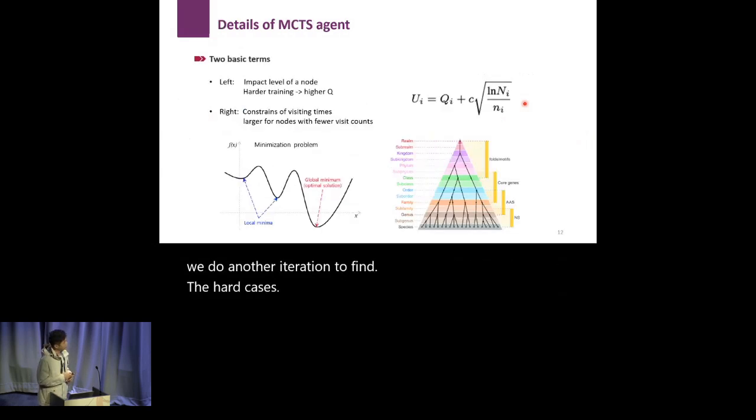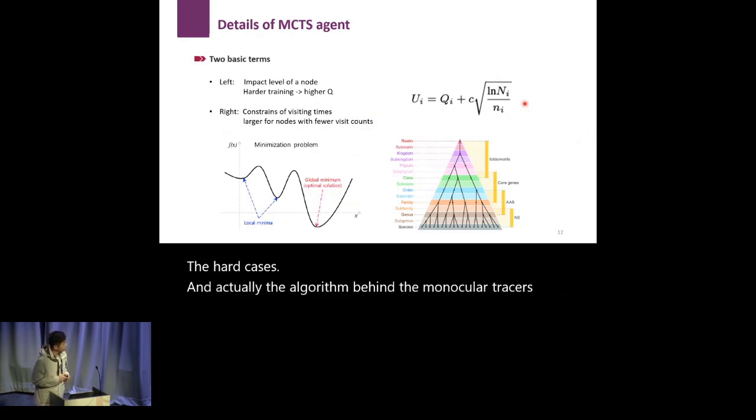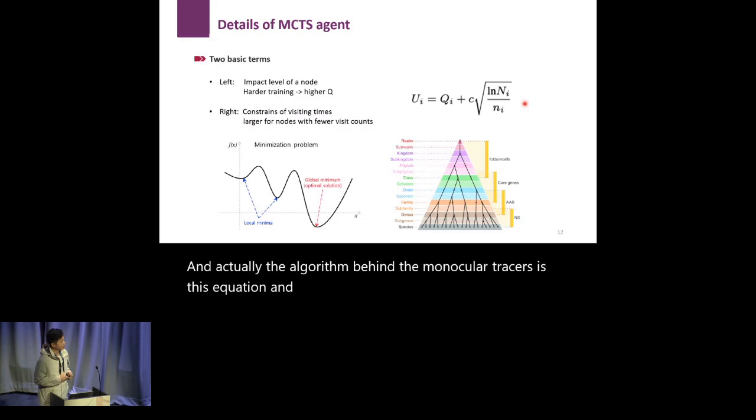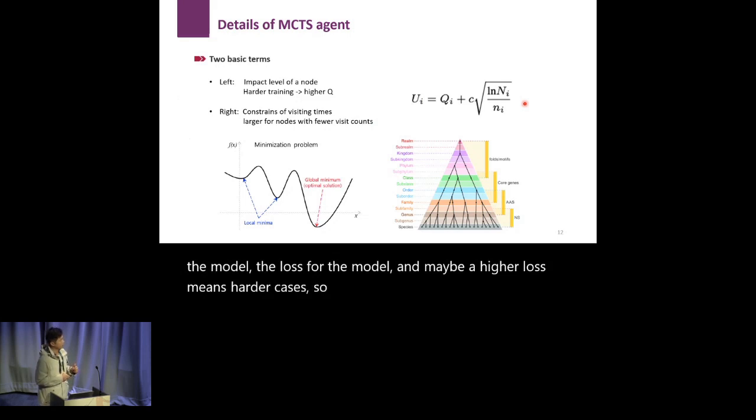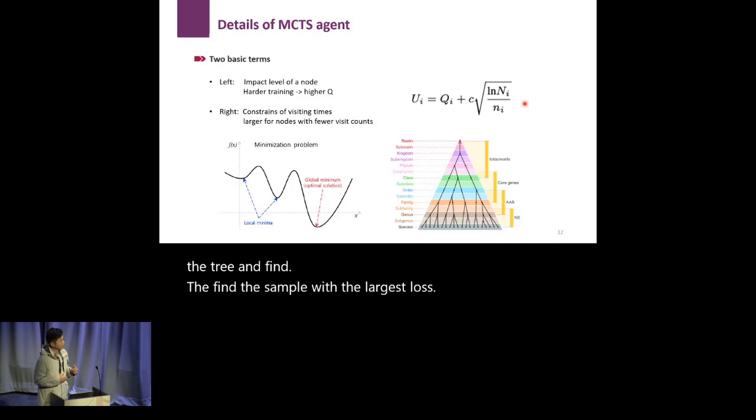And actually, the algorithm behind the Monte Carlo tree search is this equation. The Q_i, you can imagine, is the loss from the model. And maybe a higher loss means harder cases. So we would like to go deeper on the tree and find the sample with the largest loss. And the second term, the right-hand term,